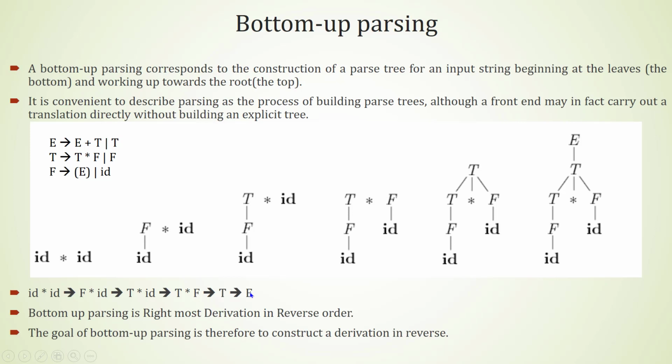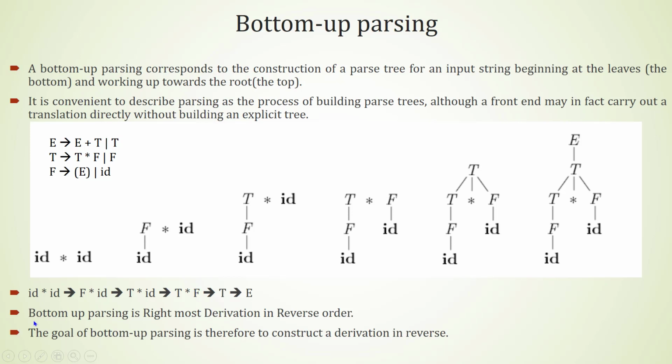So here if we look from right-hand side to the left-hand side, we are applying the rightmost derivation. From E I generated T. I am saying it in the reverse order. From E you just imagine I derived T. From T I derived T star F. Then I got two non-terminals, T and F. Here I actually replaced F with id. That means I applied the reduction on the rightmost symbol. So it is rightmost derivation.